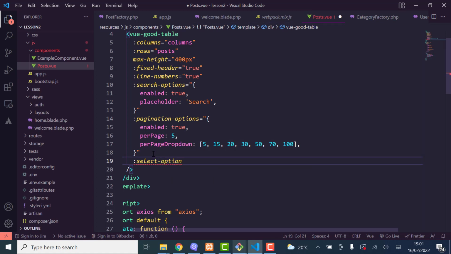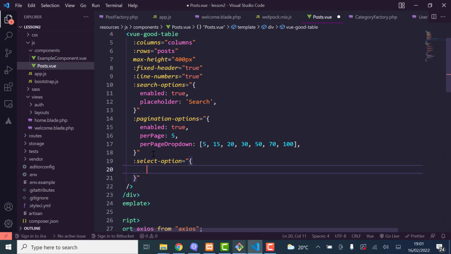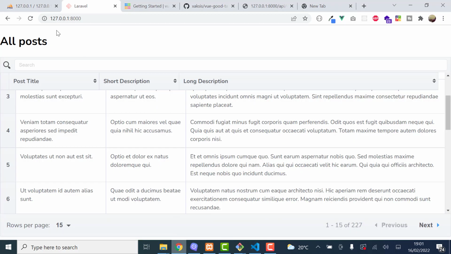And that one is also an object. Okay, so we can just do that, and the first parameter is going to be enabled, of course, and we are going to set it to true. And now after we've saved that, if we come back and refresh,